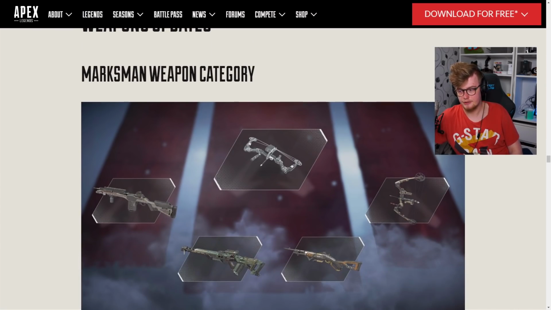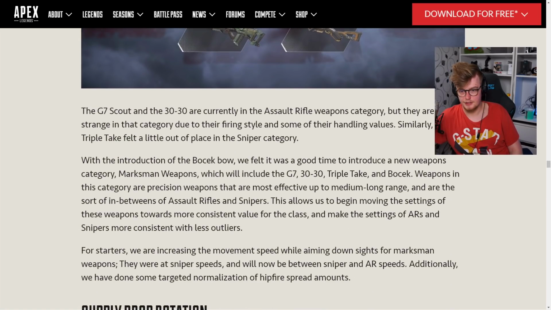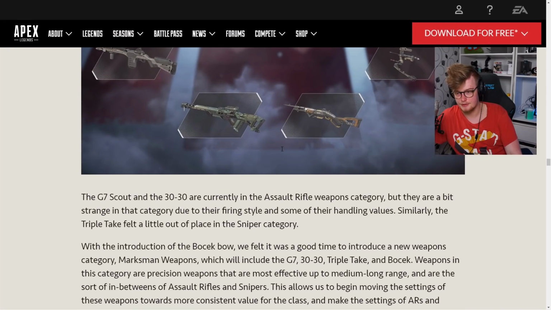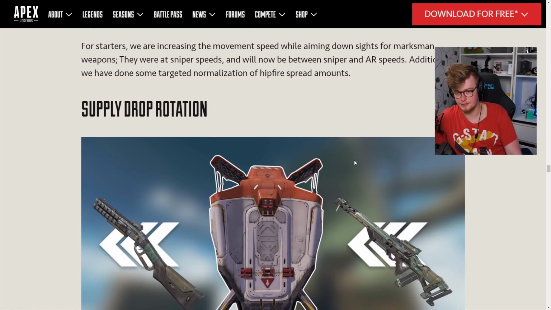Marksman weapon category. Okay, what's this? So they made a new category called Marksman. So they increased the movement speed while aiming down sights for marksman weapons. So that's really good. I like that. That's a good one. The Scout gets a bit of a...